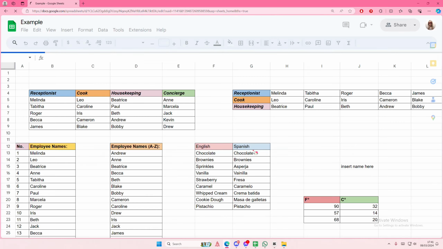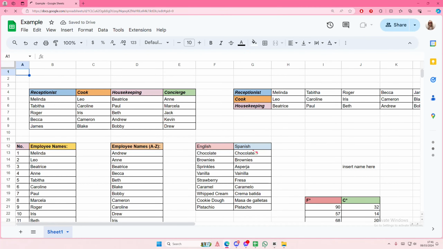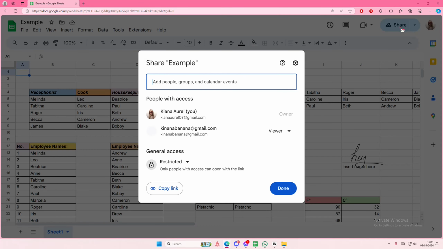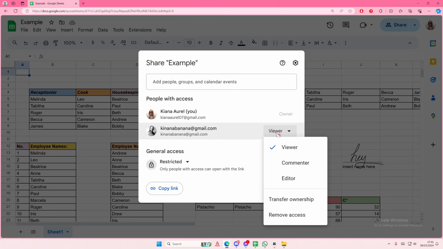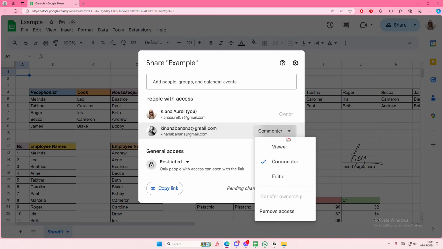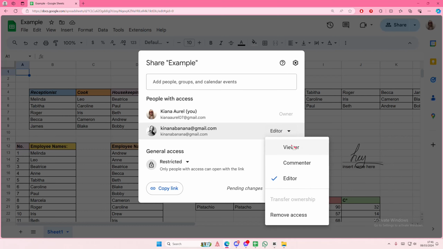In this video, I'll be showing you guys how you can remove view only on Google Sheets. So I'm just going to open up my Google Sheets real quick, and I am going to select the share button here. And as you can see, it's viewer. So you can either make them a commenter, you can make them an editor, or you can remove the access